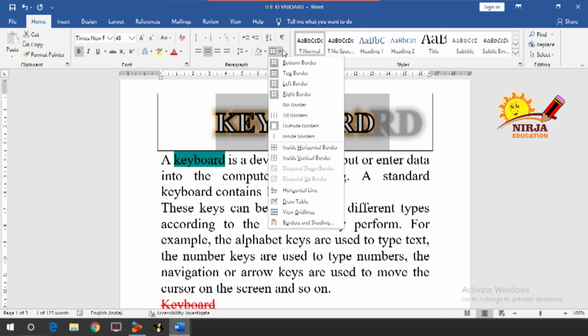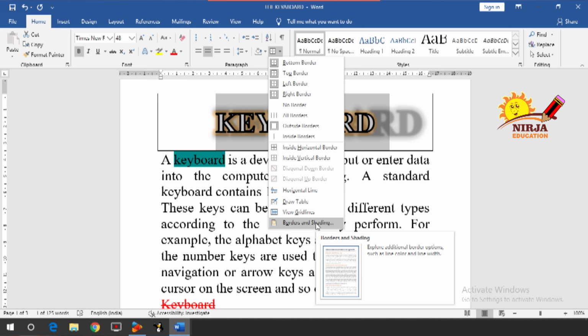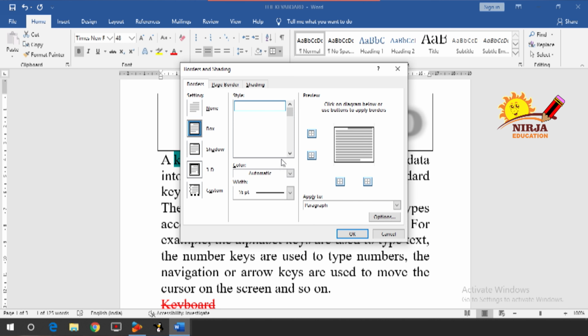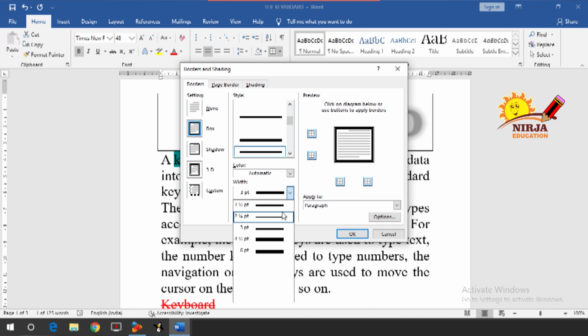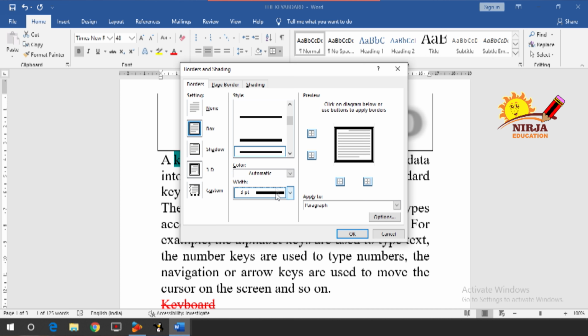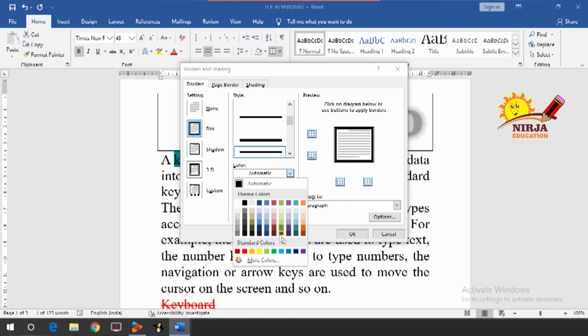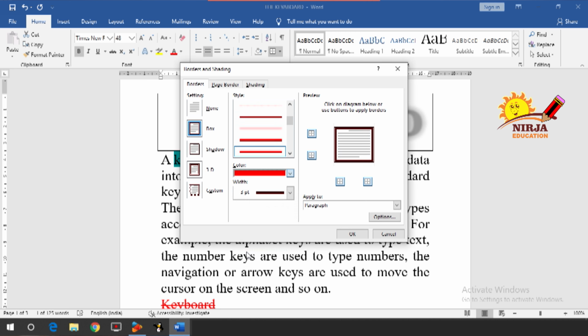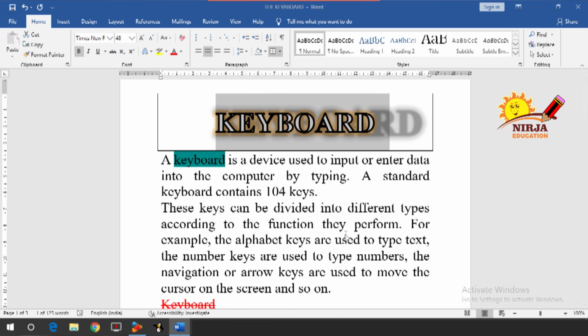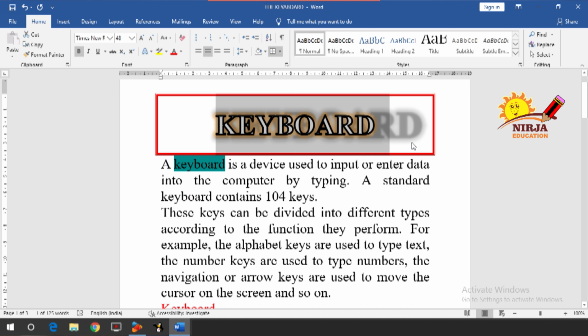If you want to change the format of this border, go for the borders and shading option and select the style of the border. I am going to select this style, and then the width, if you want to change it, I will keep it as 3 pt, and the color, if you want to make it colorful, let us take the red color and then press OK. Did you see we changed the border of the selected text?